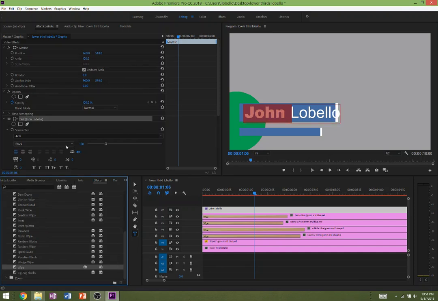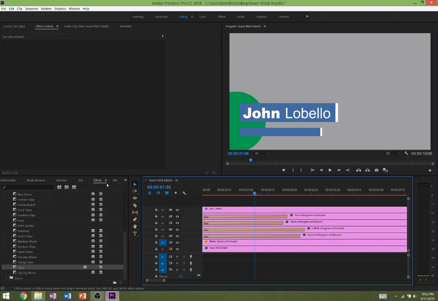So in this case, I'll actually make this slightly smaller. So I'm going to use my select tool here and just shrink this down some so it fits better inside the box. So you can choose a different font, but just make sure you have a font that allows you to put some differentiation between the first and the last name. That gives it a little more of a design element to it. So let's click off of that, and let's click the text tool again, and let's make our